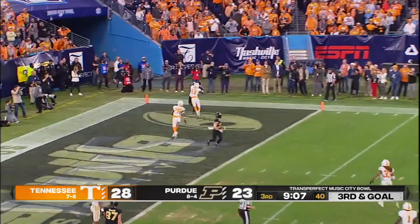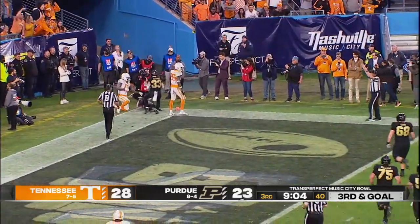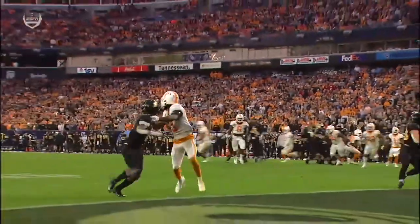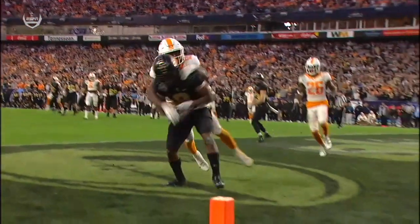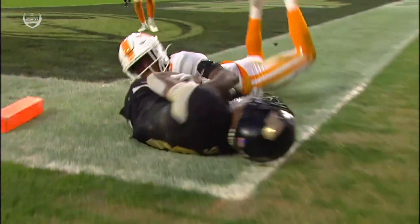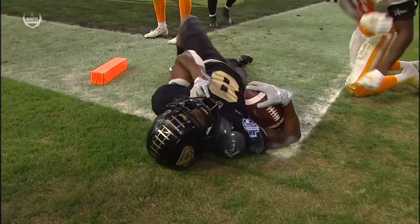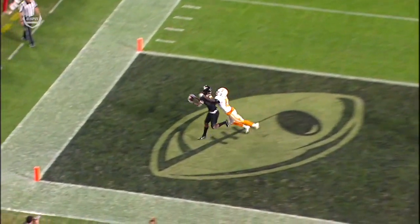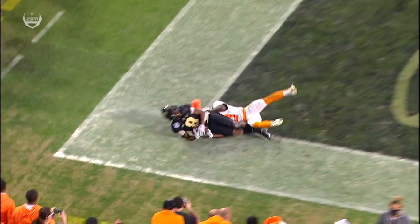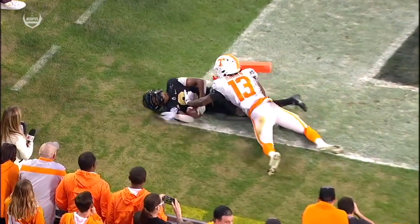Into the end zone. Caught and dropped. I don't think he finished the catch. They ruled it a touchdown. Absolute dime by O'Connell. See if the catch is finished here. He secures it initially. The ruling on the field is a touchdown. Timeout for an injured player. To me, I think he secures that all the way to the ground. Let's see, still has it. Foot goes out of bounds. It's moving there at the end, but